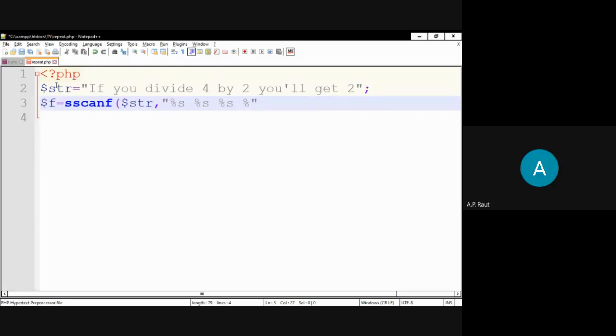Integer. Okay, integer for %d. For the integer means %d. Then by means again string. Then again 2 means the integer. So write %d. Again u will be again one more string. So write %s. Again gate is also one more string. So write %s, and 2 is the